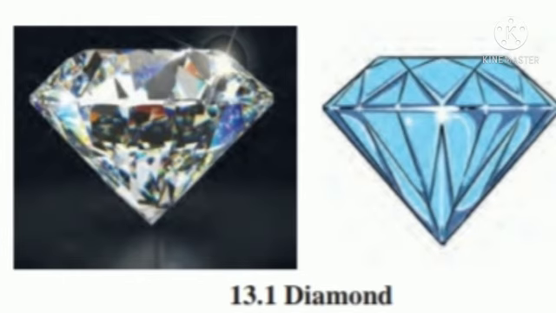Carbonaceous nutrients: carbohydrates, proteins, fats, and natural fibers: cotton, wool, and silk. Diamond. Diamond is made up of carbon and it is an allotrope of carbon. Now see about allotropy. Some elements occur in nature in more than one form. The chemical properties of these different forms are the same, but their physical properties are different. This property of an element is called allotropy.